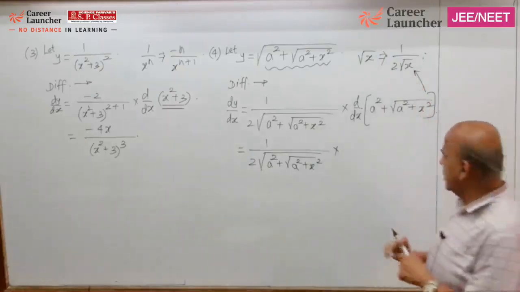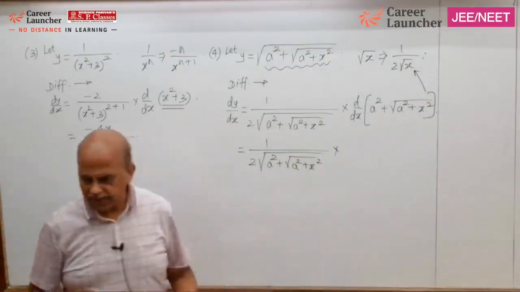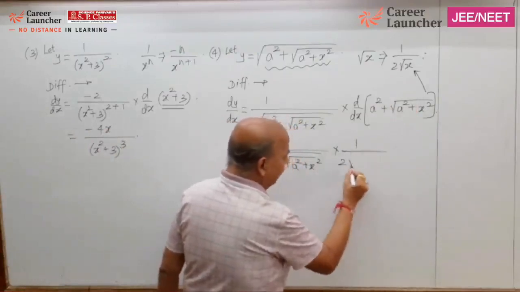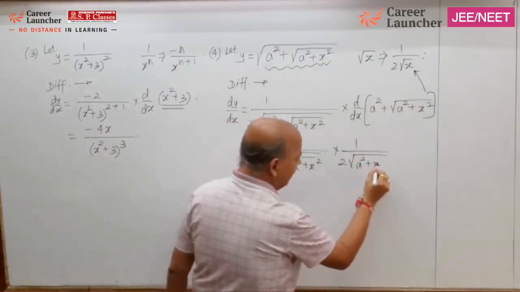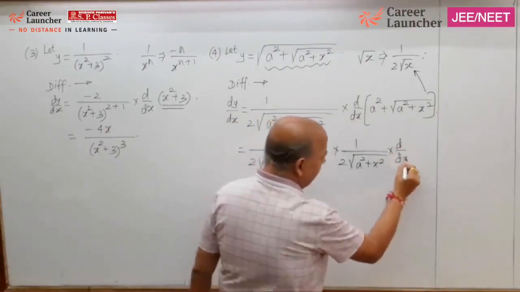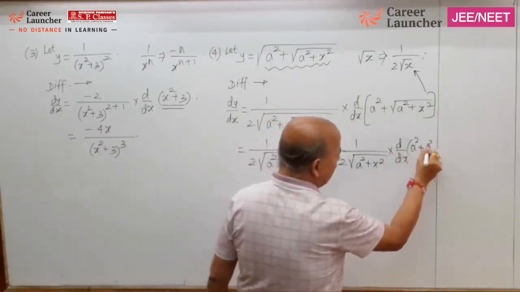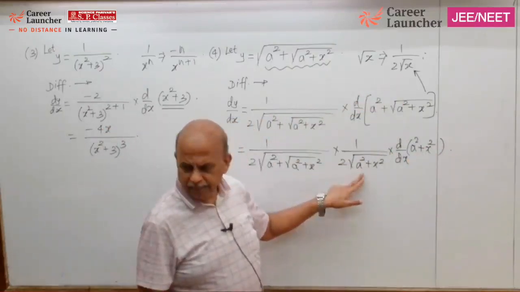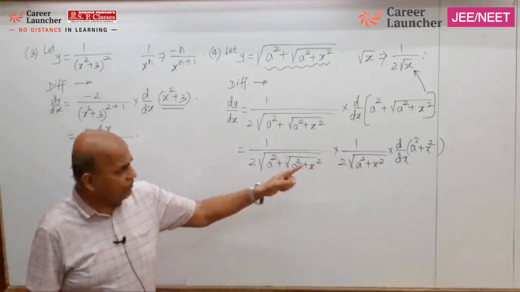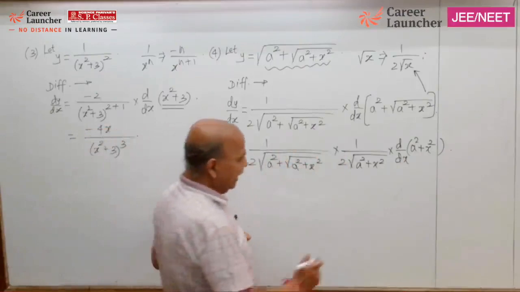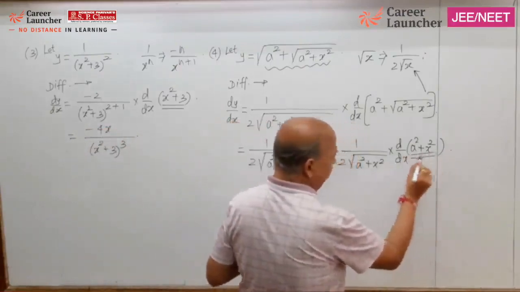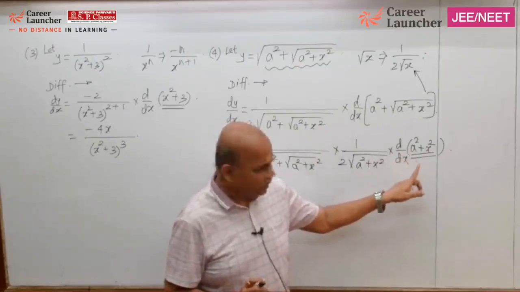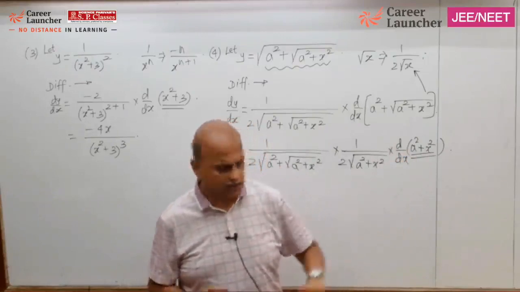So come on, we will use this also. A square is a constant, derivative is 0. Here, what will be the answer? Will it not be 1 upon 2 root a square plus x square into d by dx of a square plus x square? Yes or no? Use the standard formula as it is, replacing x by the composite part and further multiply by the derivative of the composite part. And now tell me, what is the derivative of a square plus x square? 2x. A square is 0, derivative of a constant is 0, plus derivative of x square, direct formula, 2x.